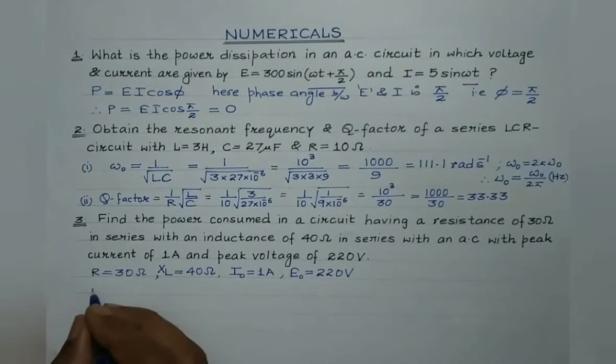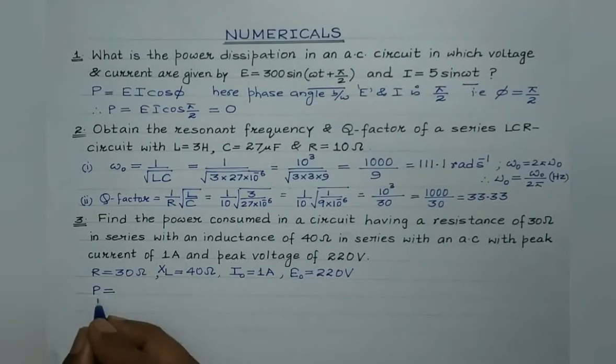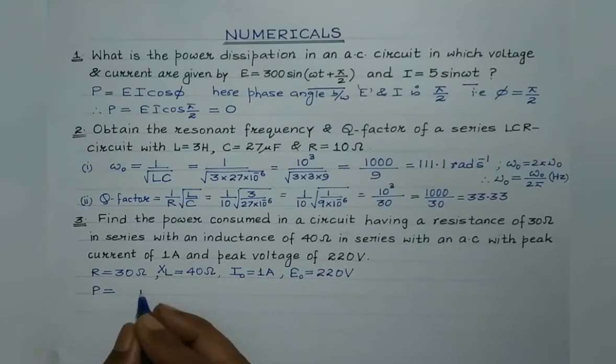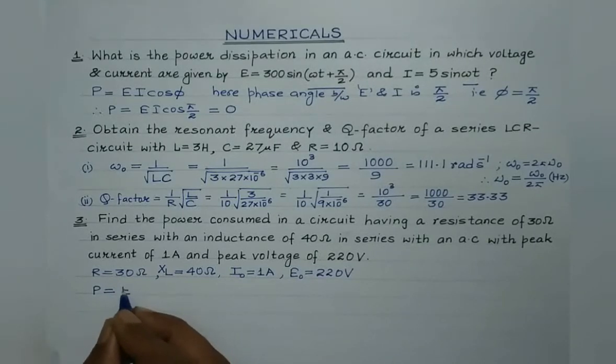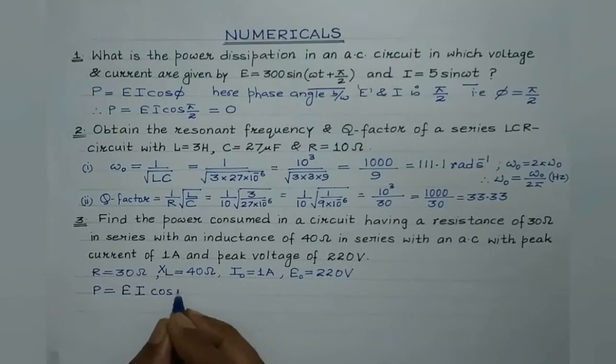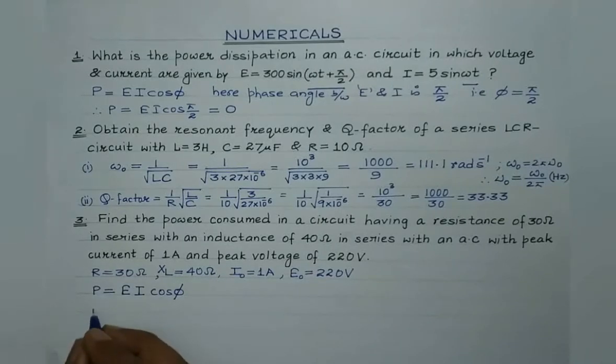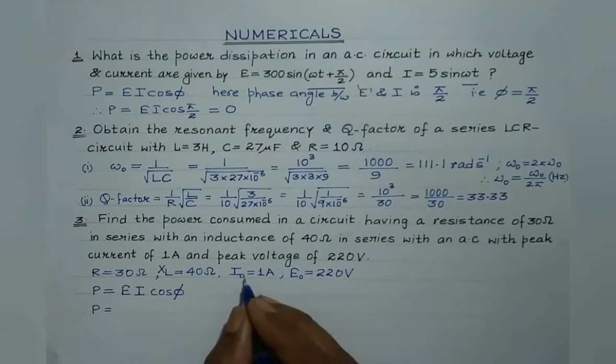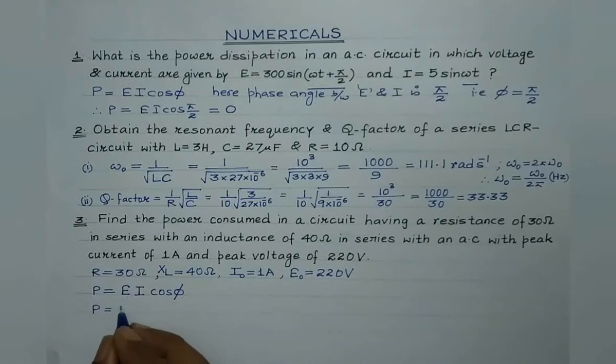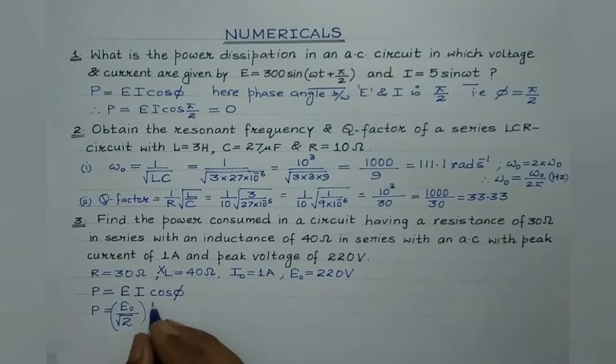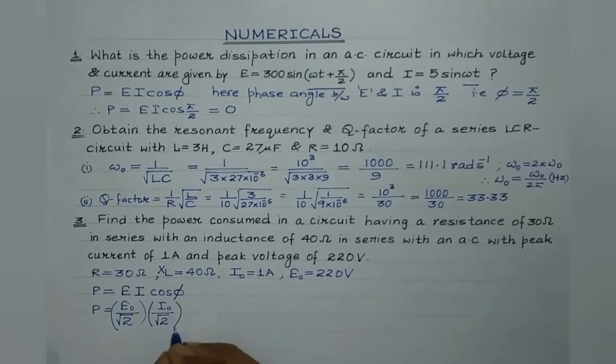Now look students, the formula for the power consumed, the true value of power or the average value of power, is equal to the apparent power multiplied by power factor. Apparent power is the product of the virtual value of EMF and the virtual value of current. And cos phi, as we are aware, is known as the power factor, right? So here E0 and I0 are given. So we know that virtual value of EMF is equal to peak value divided by root 2. This is the relationship which we are aware of. Similarly, the virtual value of current is given by the peak value of current divided by root 2. And cos phi.